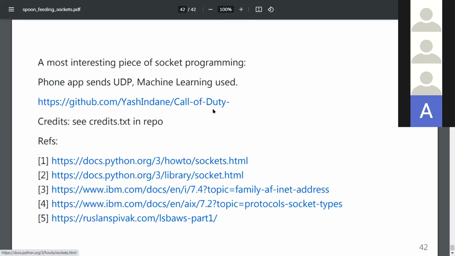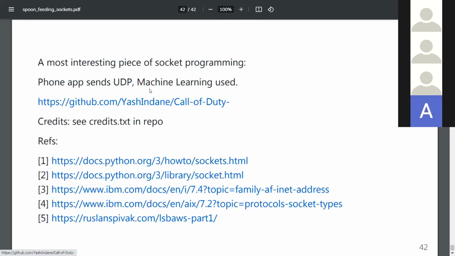And since we were doing machine learning today, one of the things I saw is that as Python programmers learn machine learning, they add it in even with socket programming. This is someone who has a repo where he has a phone app which he downloaded from the Play Store, which gives him the phone's location and the phone's orientation sensor data over UDP.